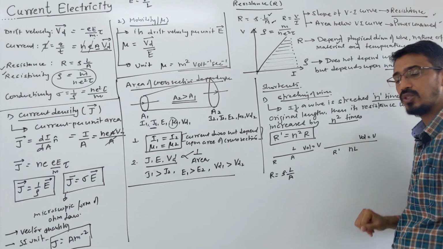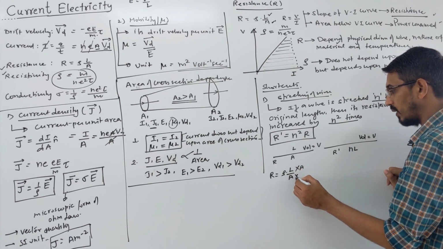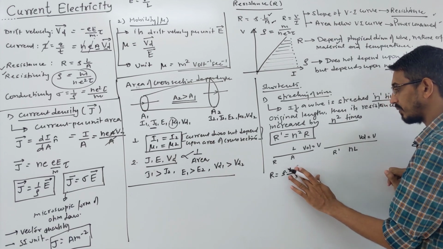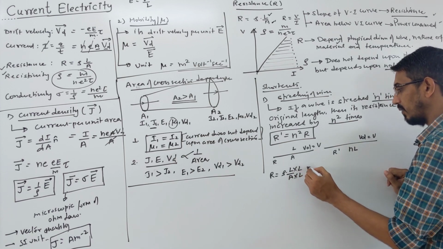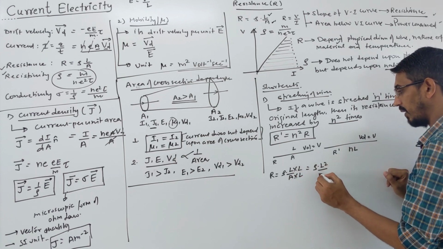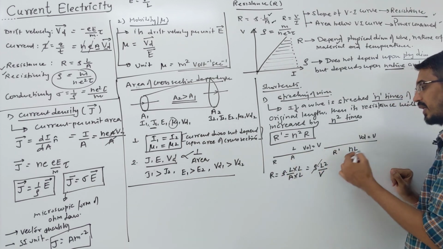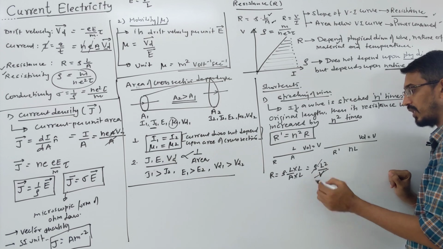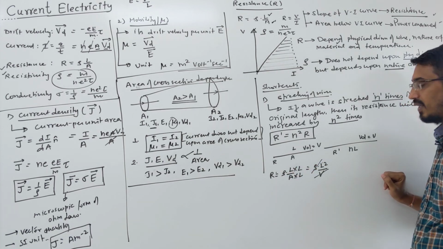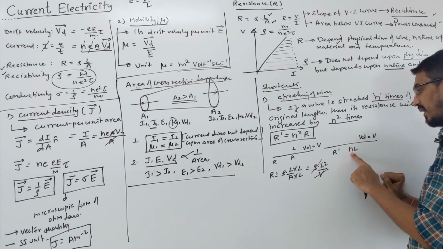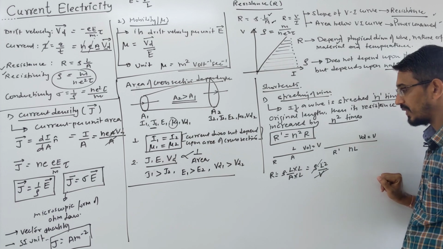Here we know length, but we don't know about area, so we remove area. Whatever you don't know, you multiply here: area into length, since we know length, so multiply and divide by length. We are getting rho L square by volume. Now watch carefully. Rho is a constant. When stretching a wire, rho is not changing. Volume is not changing. Then resistance is directly proportional to length square. So the new length is n times L, so resistance increases by n square times. Hope you understood this.